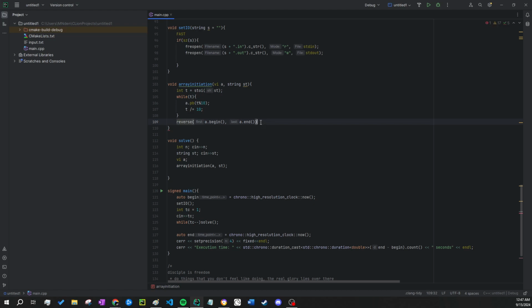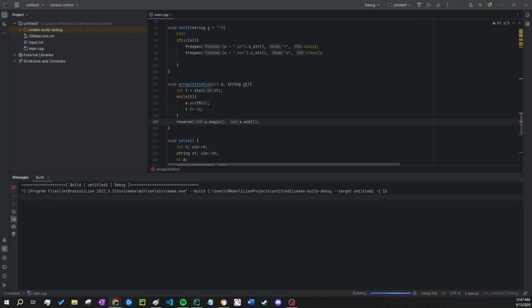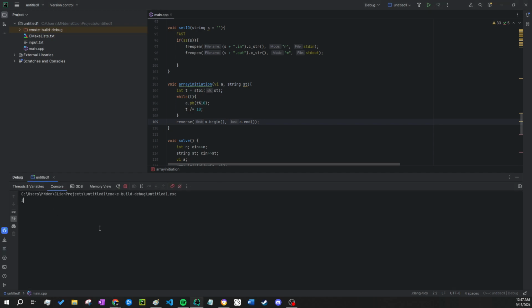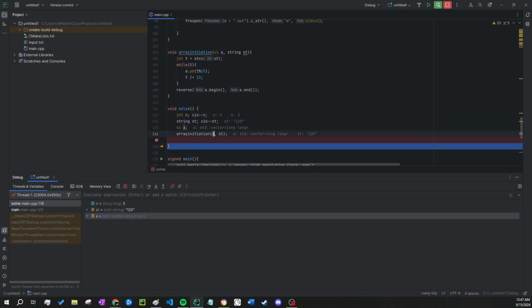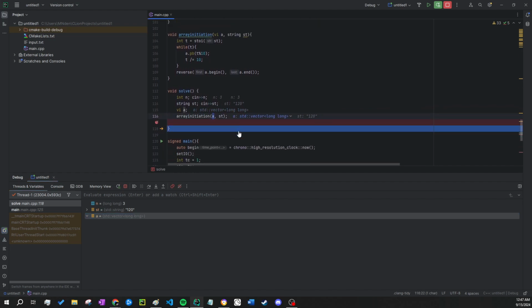Let's see if it works. It should. Let's just try 1 3 1 2 0. It does not work. I think it's because I didn't pass it in as a memory address.